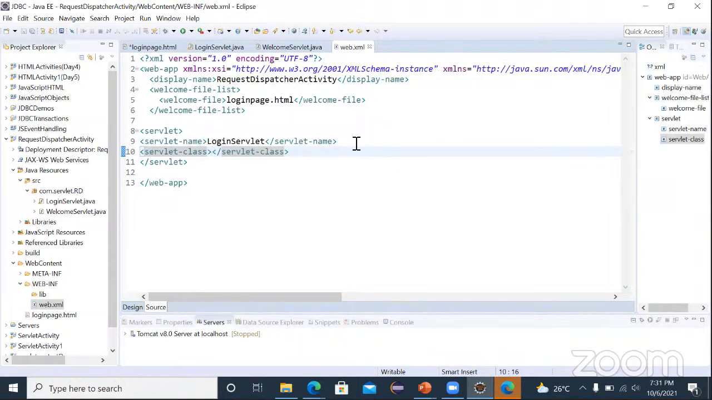And in the servlet class, what is the package name? That is com dot servlet dot, what is that? RD, request dispatcher dot, and the class name. So what is the class name? That is,